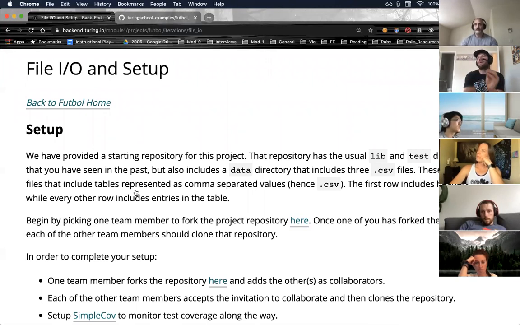File IO isn't something we've really taught or are going to teach. It's a thing that you have to do sometimes, like read data from a file or write data to a file. It exists in Ruby. There's a class for it, or there are multiple classes for it, and multiple approaches you can use.